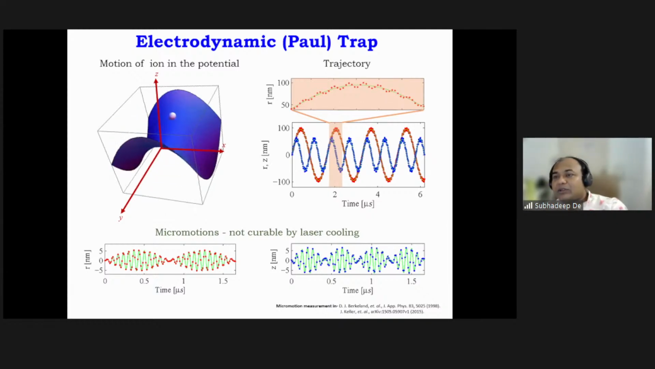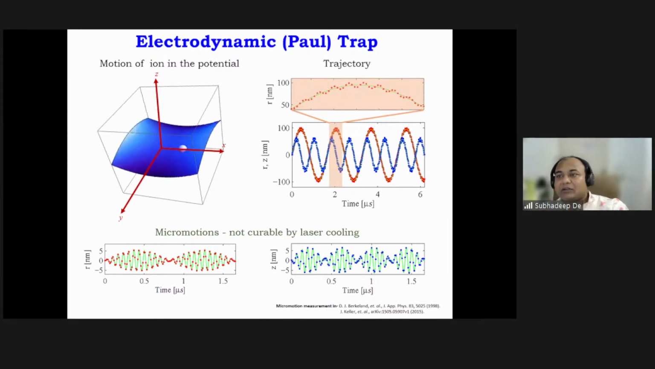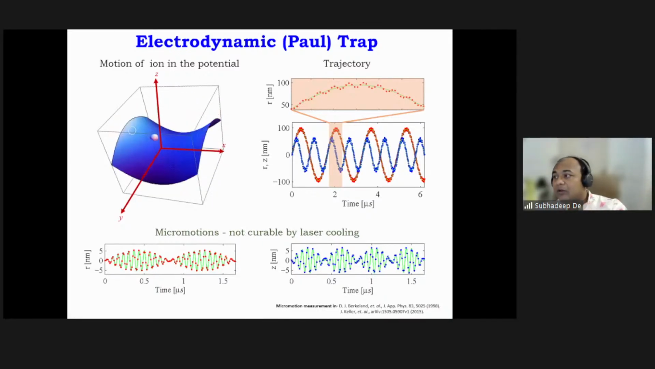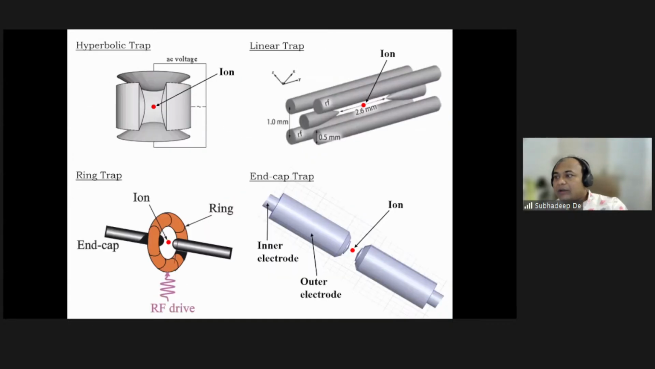Whereas the micromotion depends on the AC part, that AC electric field that you apply. That's how it modulates the secular motion, and their amplitudes are much smaller. But that's a very important thing for building a clock. Okay, now there are different geometries that one can think of to make a trap, an ion trap,